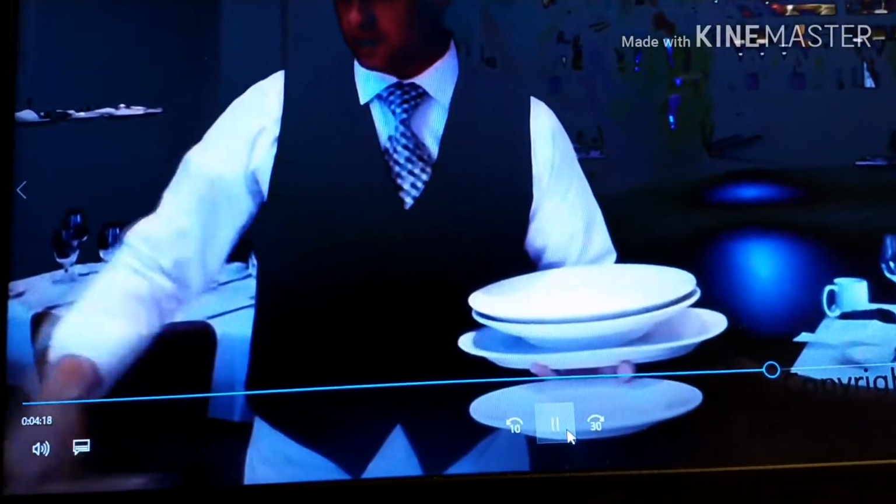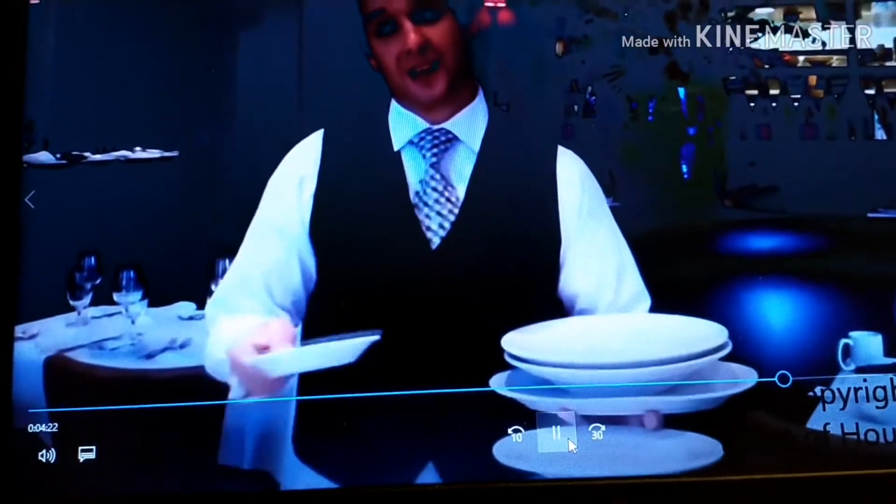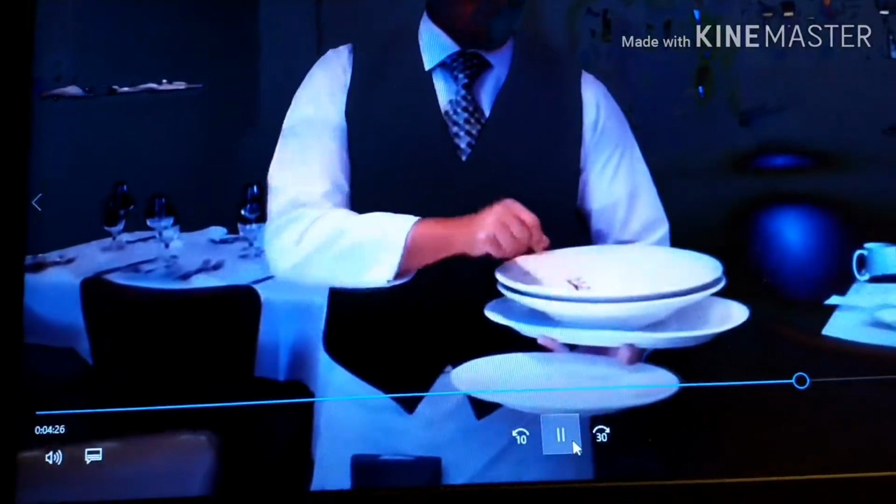I have 2 smaller bowls or I have my small bread plates. What I'm going to do is I'm going to put my small bread plates first, because again, the flatter the item, the easier it is to stack on top of. So I put my bread plates right in the middle. We'll walk around the table,